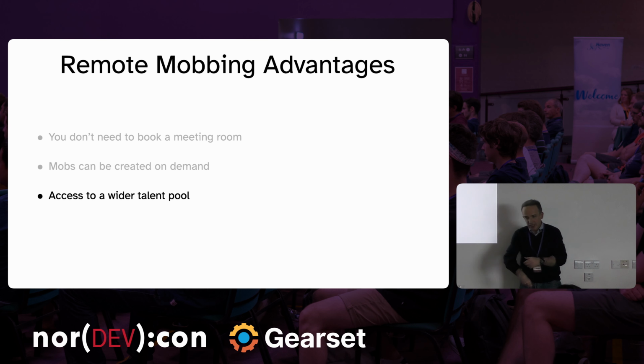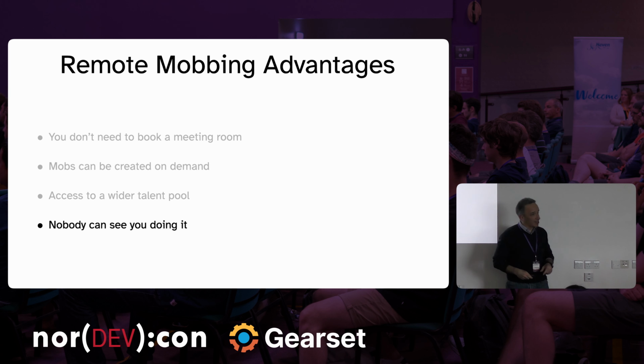Access to a wider talent pool. This is another important one. We were only in the same company, but different offices. The thing is, you don't have all the people you need in the same place in big companies. It's as simple as that. So basically, you have to make do with whatever you've got. But if you have access to somebody that is far away to work with you, you've got a bigger pool, so whatever you've got is probably a better choice. Yeah?